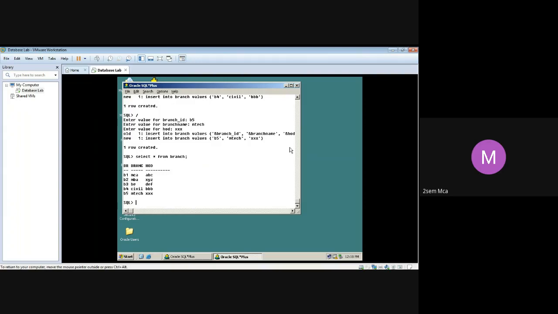Select star from branch. This is what you have to enter. If you all have entered, put it in the chat box. I'll wait for your response. Darshan has done, good. Sushmita, Chaitra, okay.